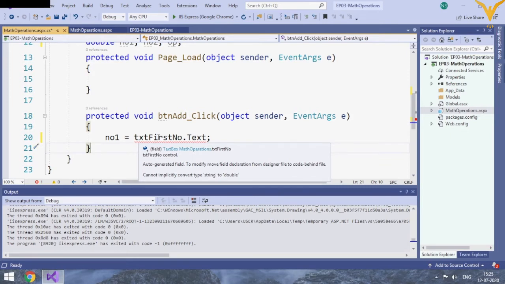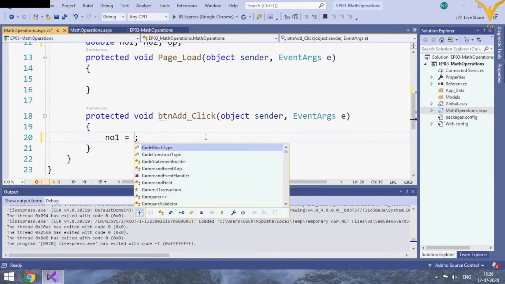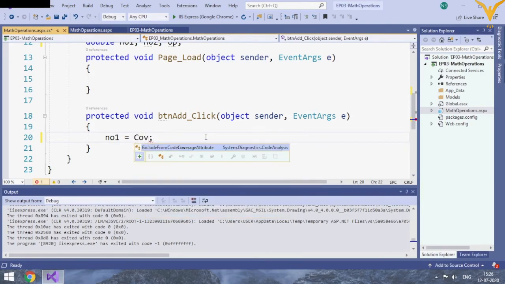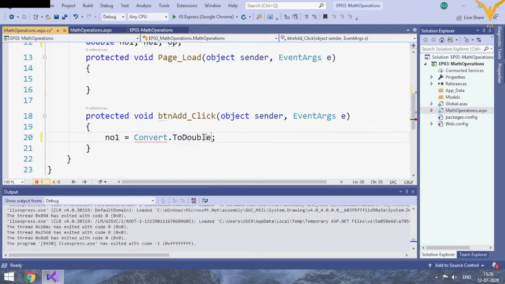Such kind of conversion is not possible. For this, you need to use Convert dot ToDouble, and you can pass the string inside the brackets. Similarly, copy this for number two.